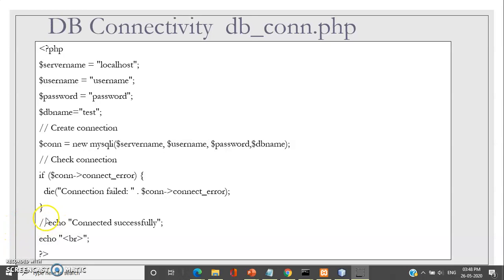For time being, I have commented this section because I don't want it to get displayed when I log in or on every page on which I include the DB connectivity file. There is a reason why I have separated this file: the connection has to be there on all the pages of your project. So instead of typing all these lines of code on all the pages, you can just include this file in the page on which you want the database connectivity. We will see how to include the file in the next slide.